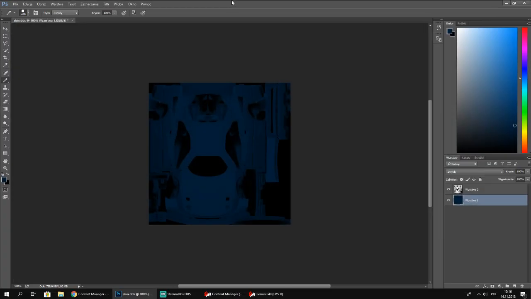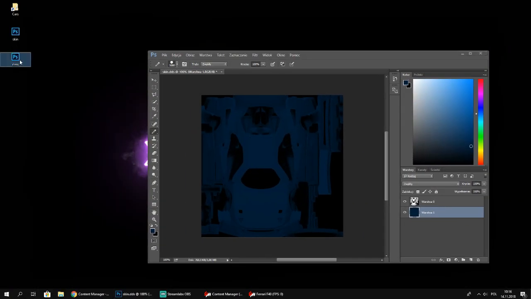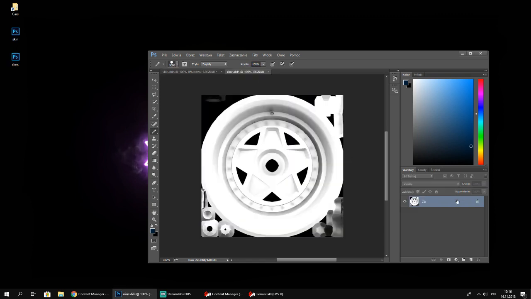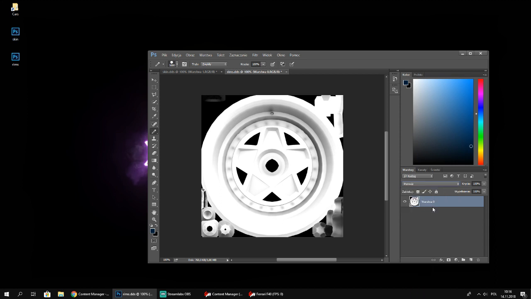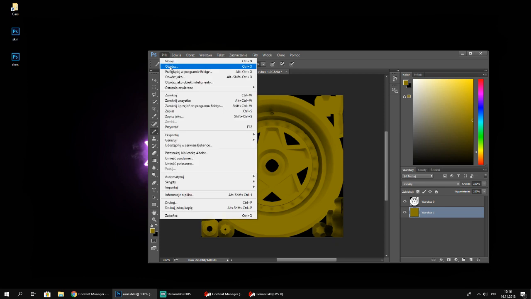And just open them in Photoshop. Just as before, you have to unlock it, set it as multiply, new layer. Oh, that's the group. We'll come to this later, but say I want this in golden. Is this golden? Let's say it is. And then